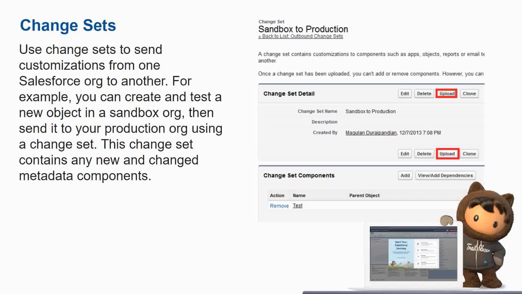Let's say you have created an object and you want it deployed to production. Now how will you do it? You can't do it directly. What you do is create a change set, which will automatically create the metadata for the objects you have created. Once you have that metadata, you will use it to deploy. I will show you that in the next slide.